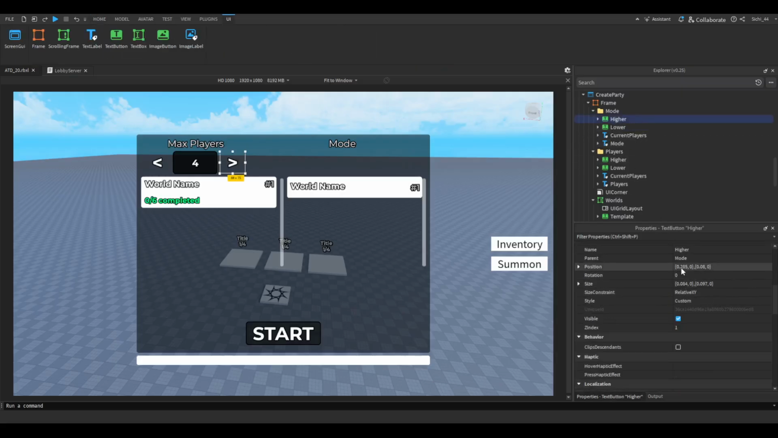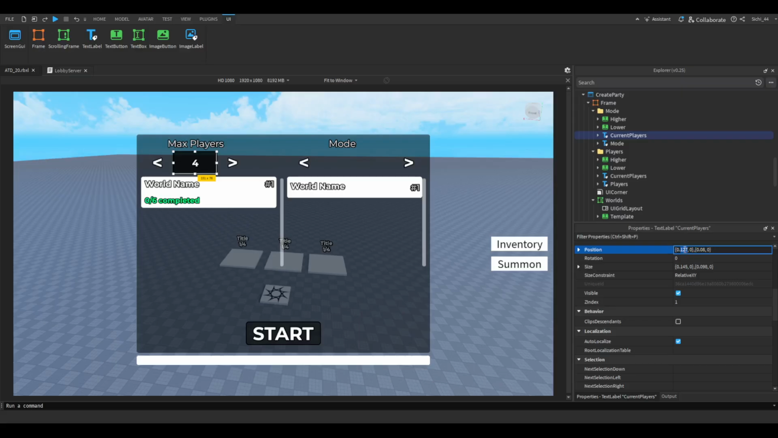I'm going to just use the original positions plus 300. Actually, that's way too little. It's 800 or 700 actually. I think 700 is good, but I'm going to go with 800 anyways because we need a lot of space. This one I'm going to set at 600 or 500 maybe, and then I'm going to get current players and put this at 100